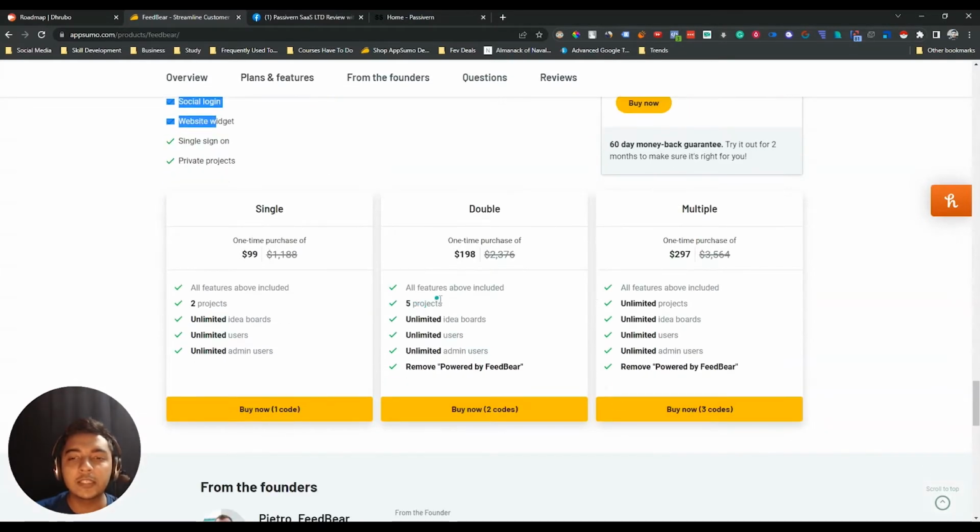If you get this double code, then you will get access to 5 projects, and if you get multiple codes, then you will get access to unlimited projects. So if you want to get unlimited project access, then you have to get this code 3, and it's 297